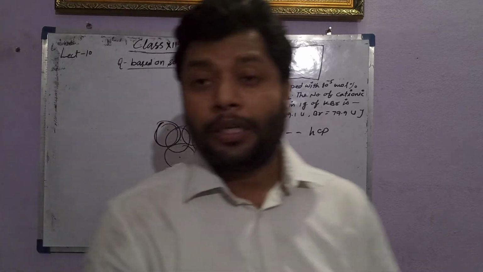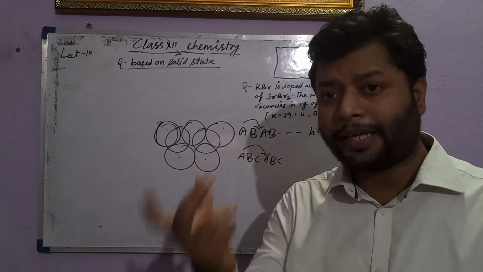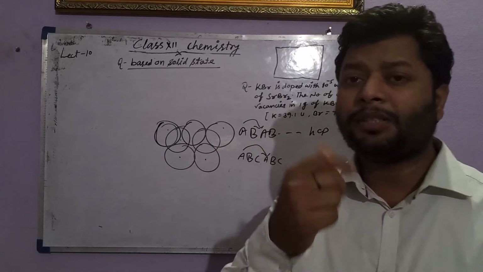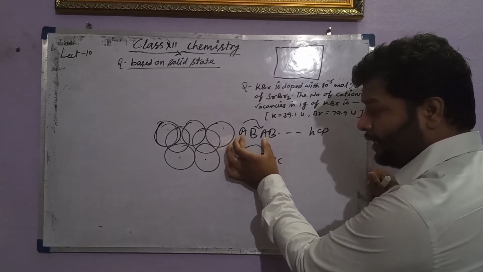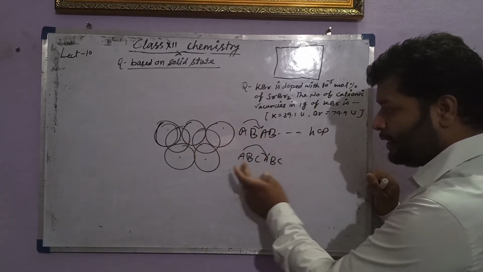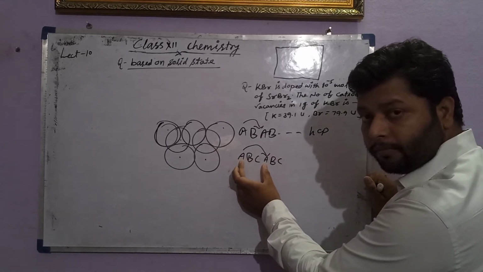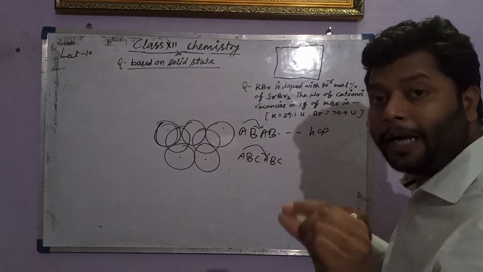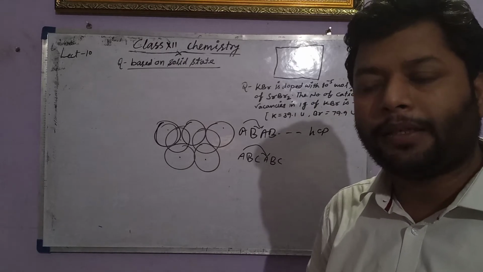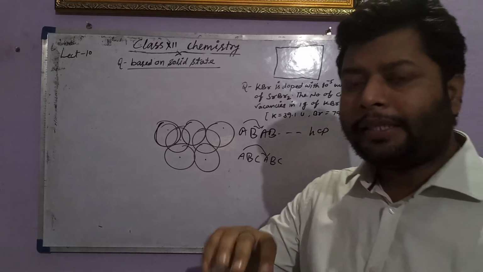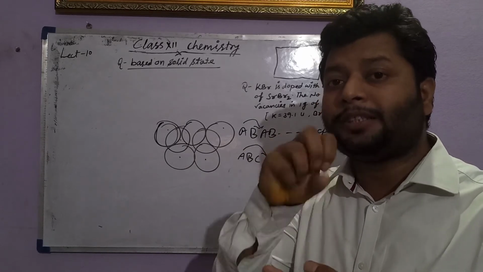This is not a part of imagination. Okay, fine, imagination is another thing, because that can be seen in three dimensions. But if the first layer is similar to the third layer, that is SCP in three-dimensional. If the first layer is similar to the fourth layer, and the first three layers are different, that will give you a CCP, cubic close packing. Because there are possibilities where the particles can be aligned, can be placed.